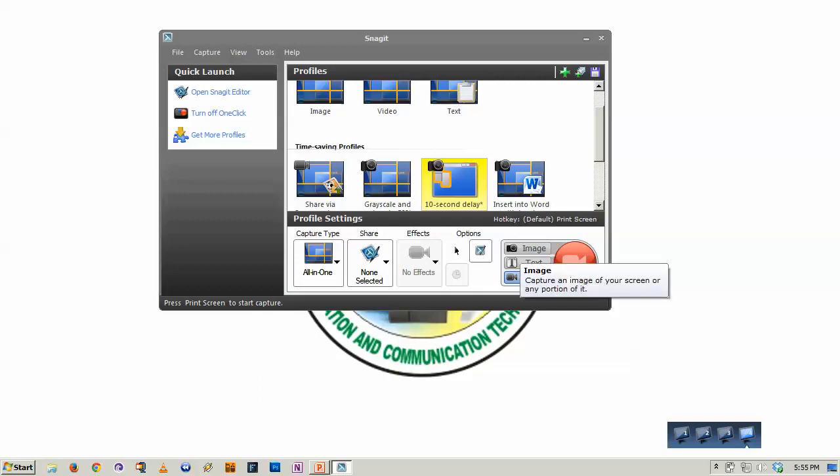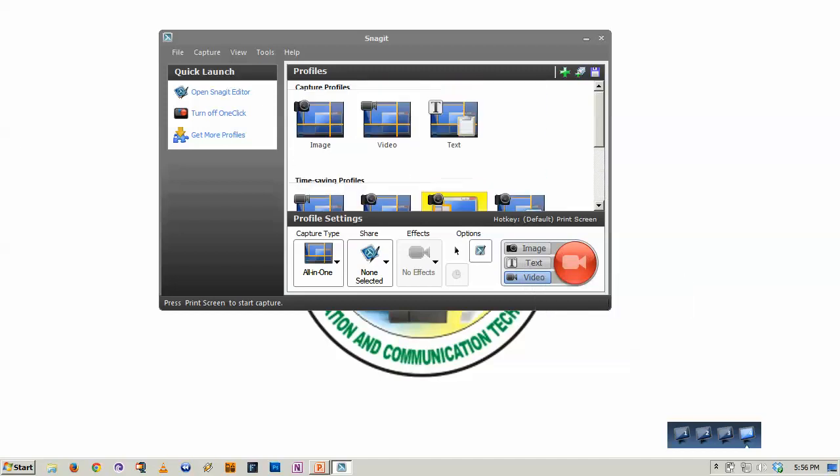So this is a very cool application. You can do screencasting like this one. You can record while adding audio to your screencast video. So aside from that, you can click on any part of the window just to get an image and add text or edit it. So this one's pretty cool, Snagit application. So that would be all for today.